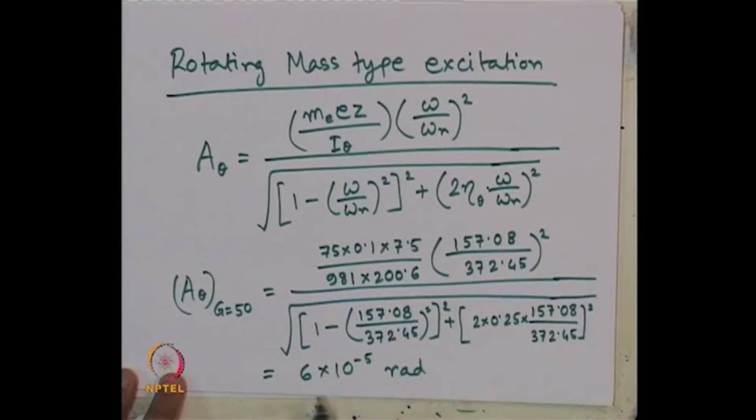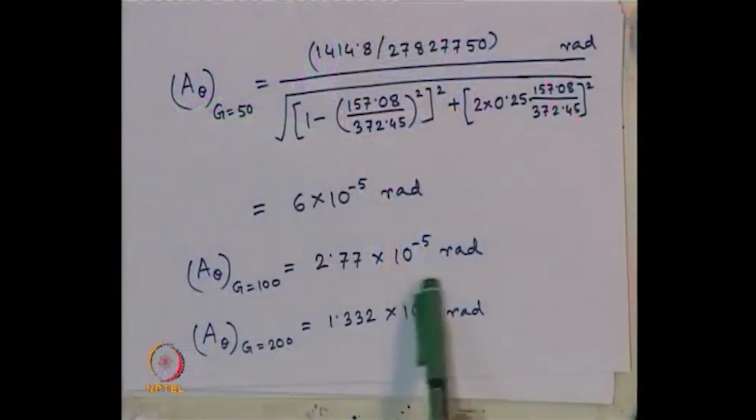So, this is a kind of cross check also I can say, that at same operating frequency with same load, both the cases should lead to the same result. If it is not, then there is some mistake somewhere in the calculations. So, no need to calculate for the other two cases, the other two values will also be the same as constant force type, which are 2.77 into 10 to the minus 5 and 1.332 into 10 to the minus 5 radian. So, with this we have come to the end of this problem,